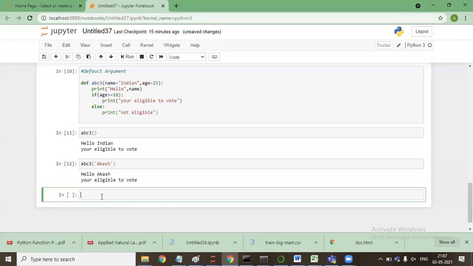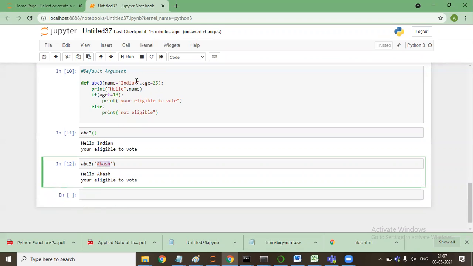Did you get what I have been trying to do? But sir, what about age? We are passing only one argument, not two. That's why I have been passing a single argument, because it auto-detects Akash: if this particular parameter accepts a string, it will be replaced as a string.